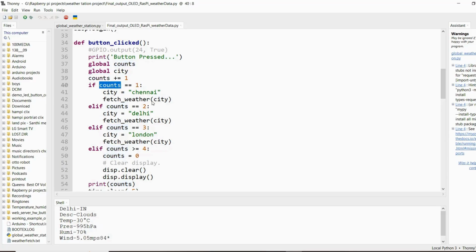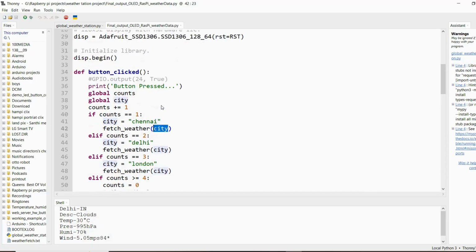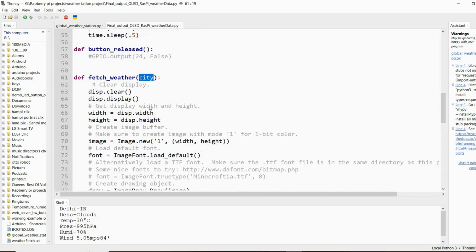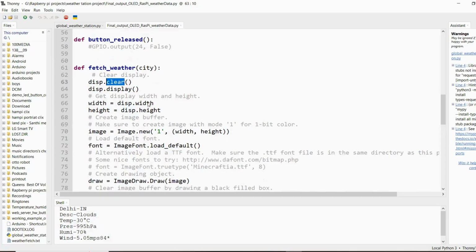So if the count is 1, then I want my city to be fetched for Chennai. So I will just pass the value Chennai to this global variable city. And I will call the function, and I will pass this variable city inside that function. So it will immediately look for the fetch weather function. Chennai is passed here. So now the display is made clear. This display.clear should be done. And then this is for the OLED display